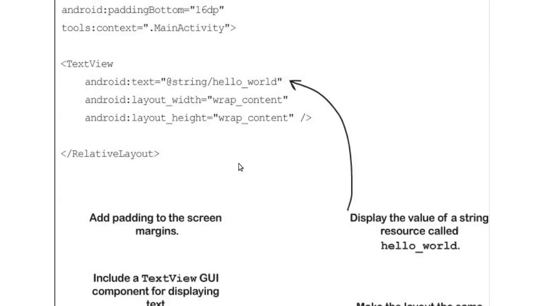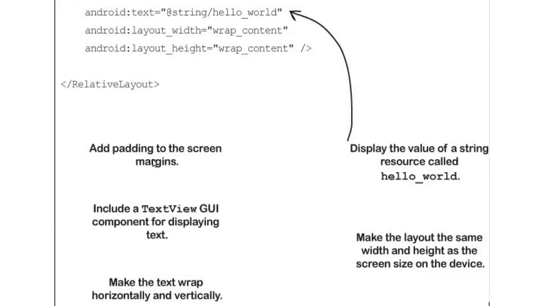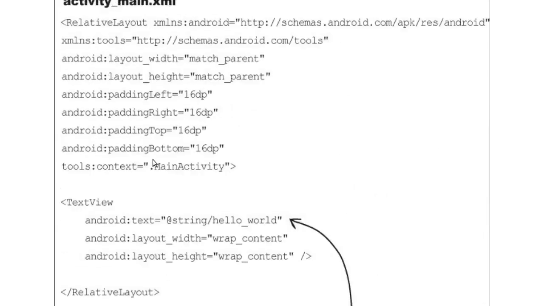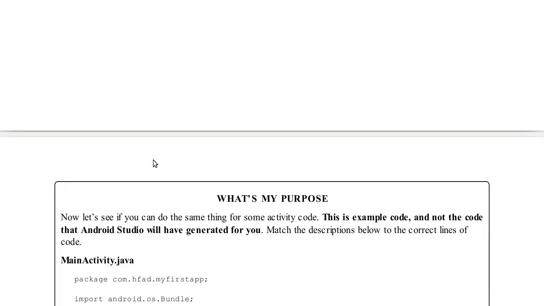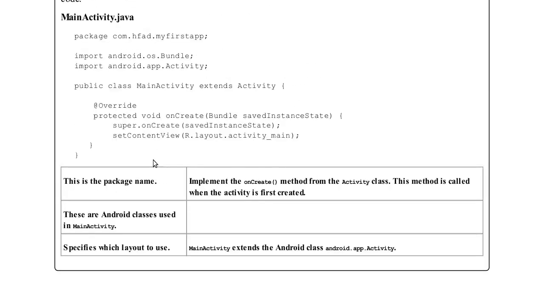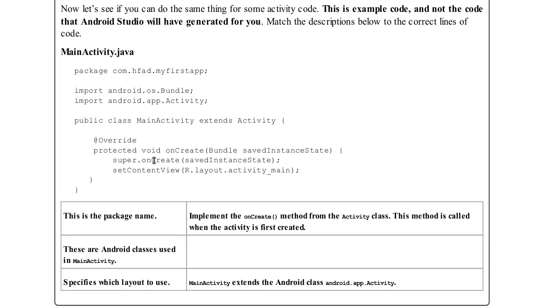And then we have to close the text view and we have to close the relative layout. So that is for the simple basic hello world application. We have just a simple text view that is similar to a label, nothing else. And that is the first main activity.java. So we need two things: an XML file and one activity Java file.